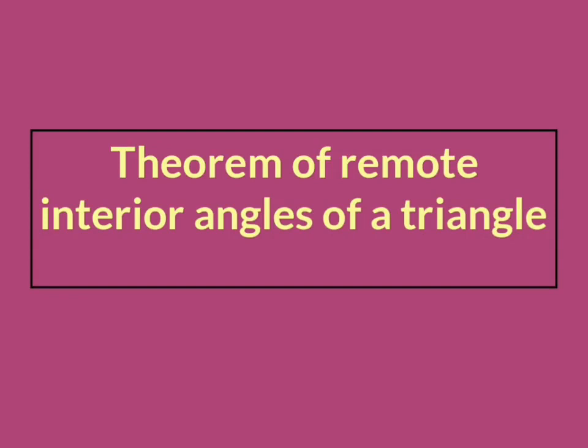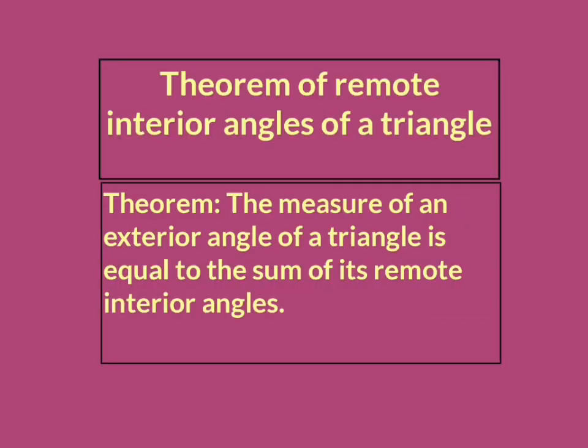We are going to learn the theorem of remote interior angles of a triangle. The statement of this theorem is: the measure of an exterior angle of a triangle is equal to the sum of its remote interior angles. Now in this statement you can see two concepts of angle, that is exterior angle and remote interior angle. These two concepts you have already learned, but we'll revise these concepts here again and then we'll